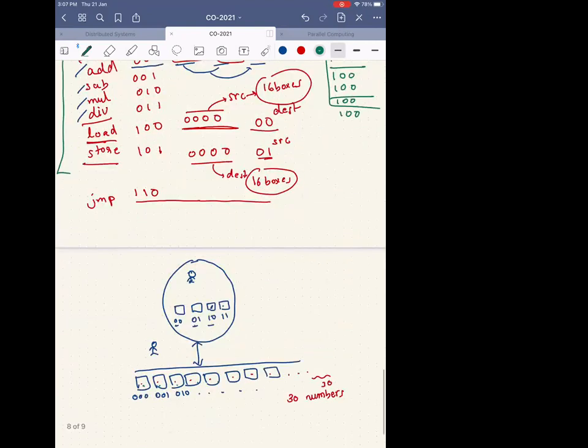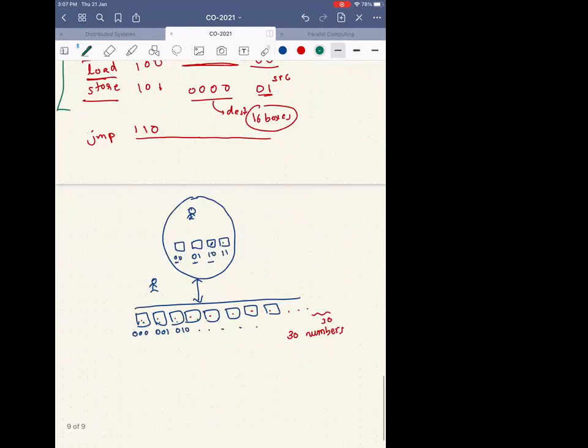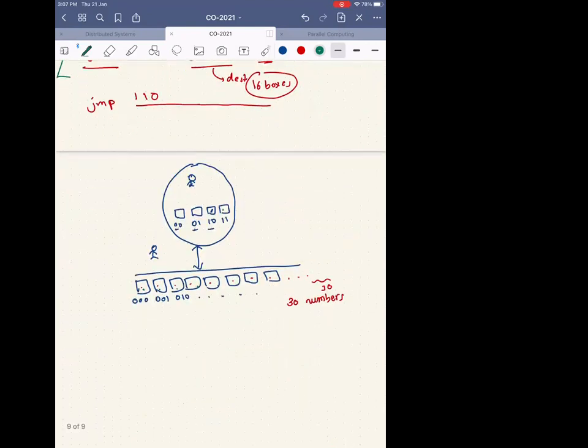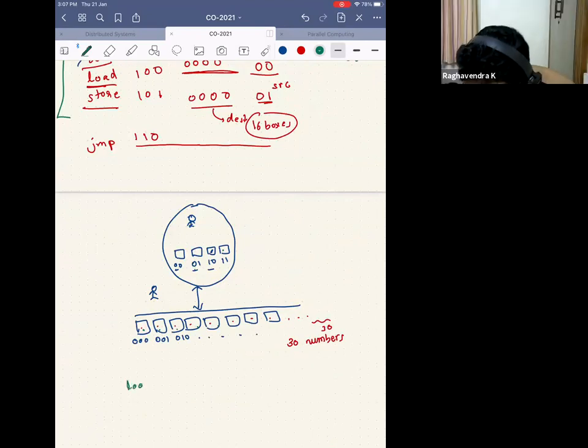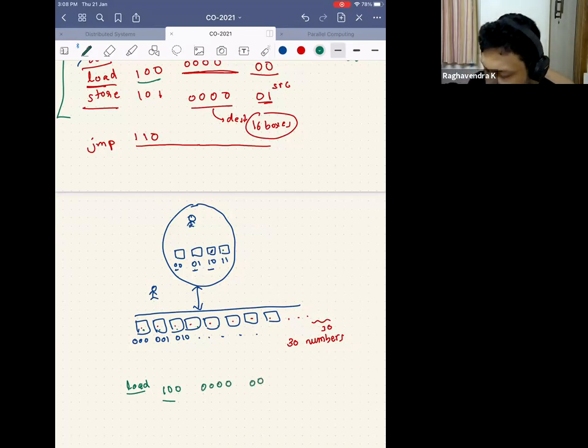Load one value, add it, then store it in some other, and then repeat the process, like repeat this same code 30 times. Yes. So I just do load. When I say load, I'm actually not telling load. What am I saying? I'm saying 100, because that's what I'm representing the load by. So I say 100, and then I do all zeros. Then I copy it to 00.